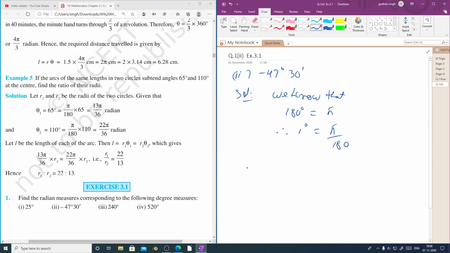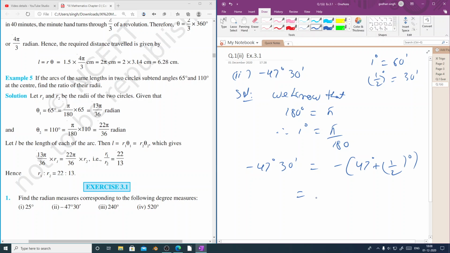So we'll take the help of this. Now minus 47 degree 30 minutes, that is equal to minus, we'll take out, and this is 47 degree plus 30 minutes, means that can be written as half degree, because we know that 1 degree is equal to 60 minutes. So if we divide both sides by 2, we will be getting half degree equal to 30 minutes. So that is what we'll write. This can be written as plus half degree,